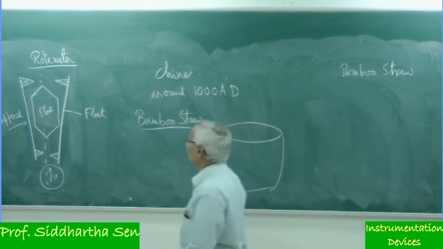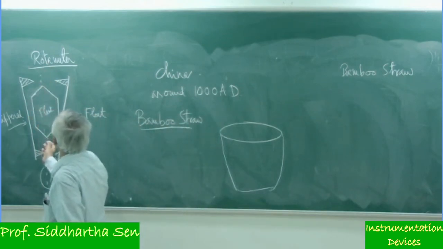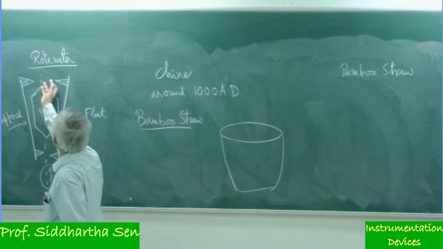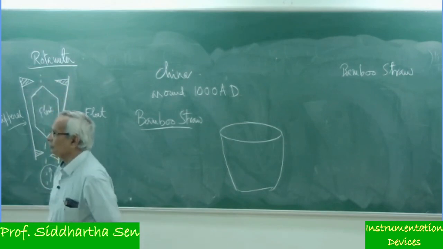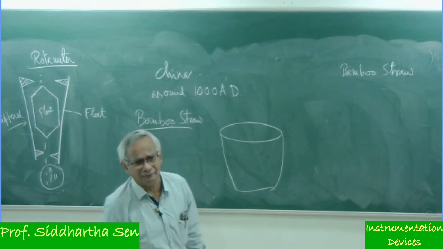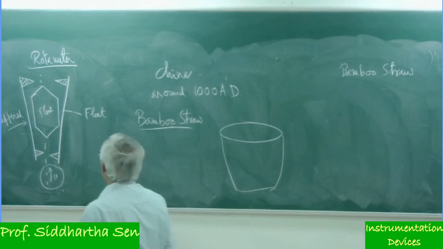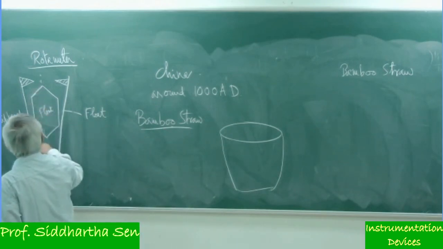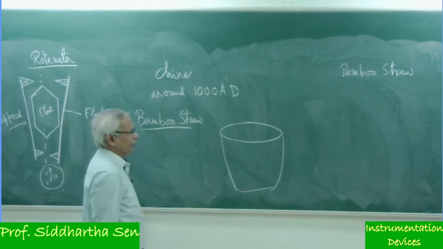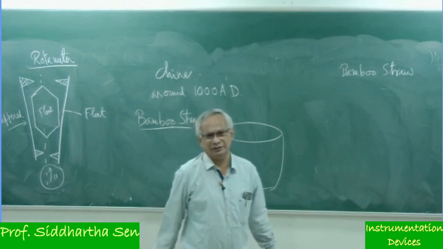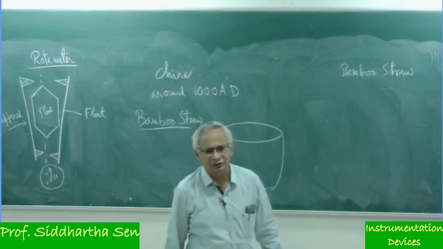And if the flow rate is too high, you are sucking too fast, the pressure difference is high, and the float will move up. But while it moves up, at this point, it will stop the flow again. So this is another example of an on-off control. You require a flow rate in between these two extremes, and accurately create some pressure difference. Only then will you be able to drink the wine, otherwise you will be deprived.